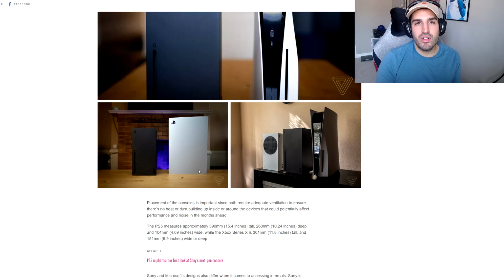Like, where are you going to put this vertically? Even if you put it beside your TV, it's still going to be so big. It's just going to kind of stand out and look odd, I think. So I'm definitely putting mine horizontally under my TV, but it's going to have to pretty much be on its